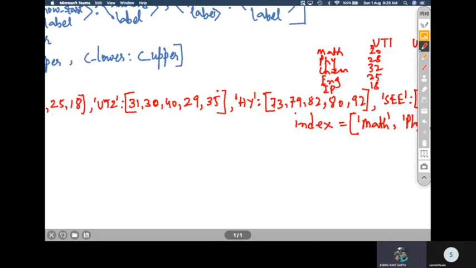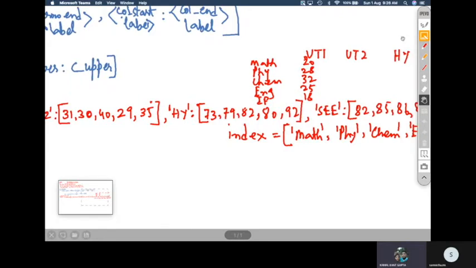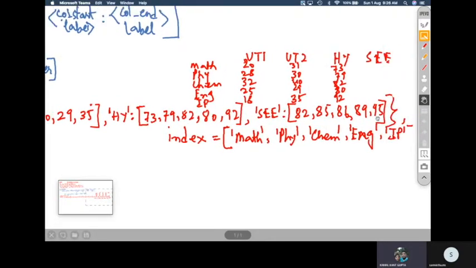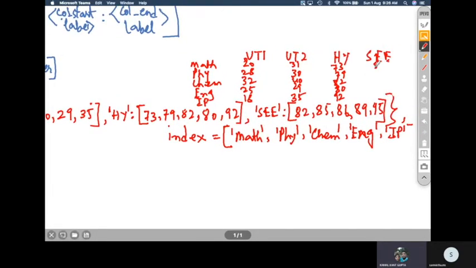And then the next values will go to the next place, that is UT2. UT2 marks will be here: 31, and then 30, 40, 29, and 20, 35. And the half yearly marks will come here: 73, and then 79, and then 82, 80, and the last one is 92. And then you have the session ending examination marks: 82, 85, 86, 89, and 95. So these are the values which are there, right? So in this way our data frame will be displayed.